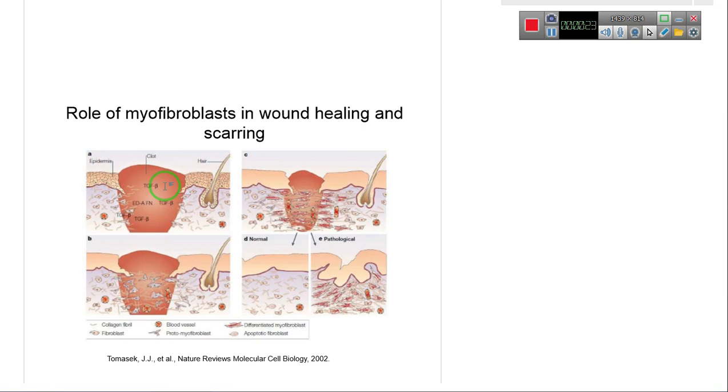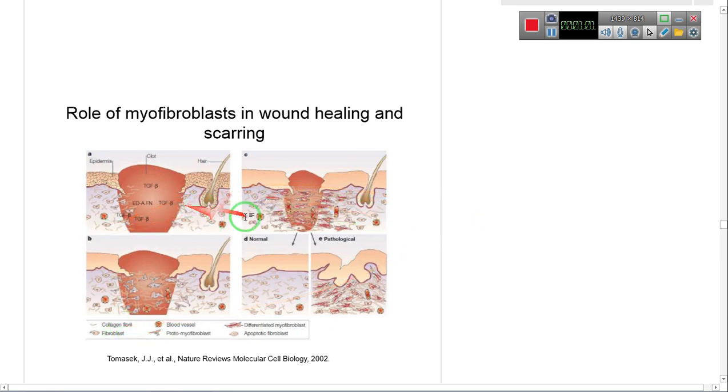But what happens exactly? If you remember, in the section of the hydrogels we talked about the mechanical forces that the cells have to feel in order to survive, and we told you about the RGD, which is responsible for connecting the cells to each other so that they feel that they are connected to each other and they will survive. The same process happens here, but the difference is that when the wound is created, so when our skin is cut,